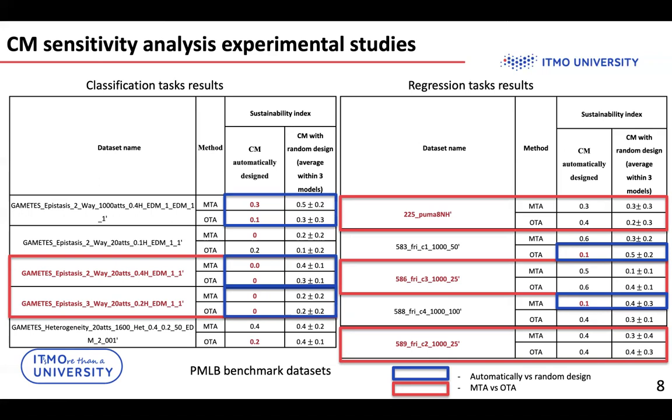The left table represents that in 4 classification cases out of 5, the sustainability index is lower, or is better, than the average index of the 3 random composite models. See the results in blue frames. There is one observation that in 2 cases out of 5, the analysis leads to approximately the same pipeline length, not depending on the approach. The names of these cases are in red frames.